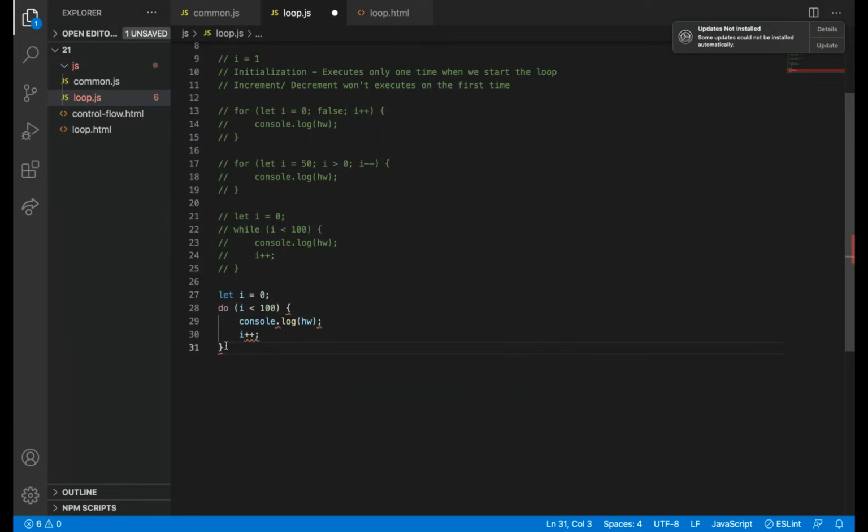In do while, I'm going to check this condition. Okay. So now what it will do? We are initializing I equal to 0, and then it will get executed, and then I will be incremented, and then it will check the condition. If the condition is true, then it will come here. So it will increment and then check the condition. There is a difference between this and this.